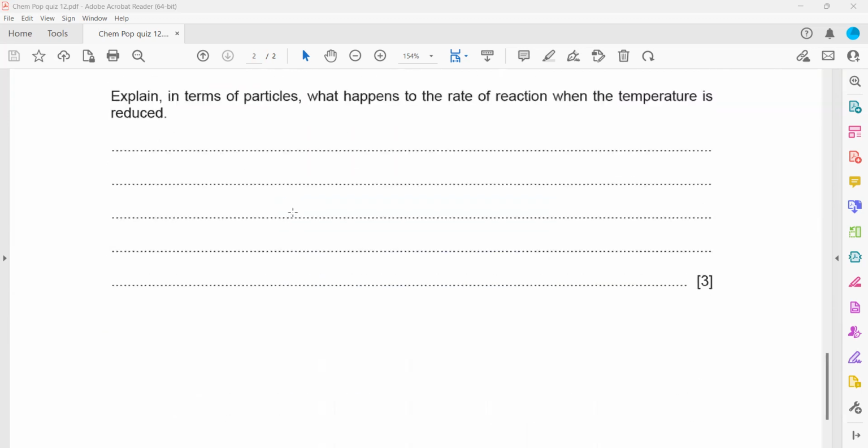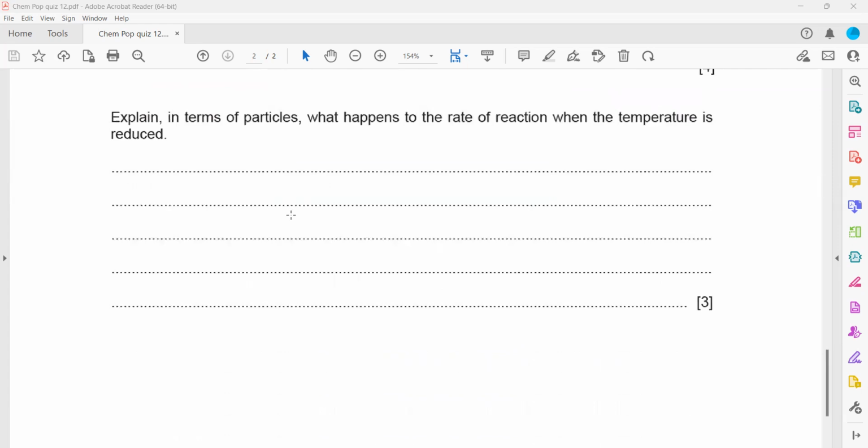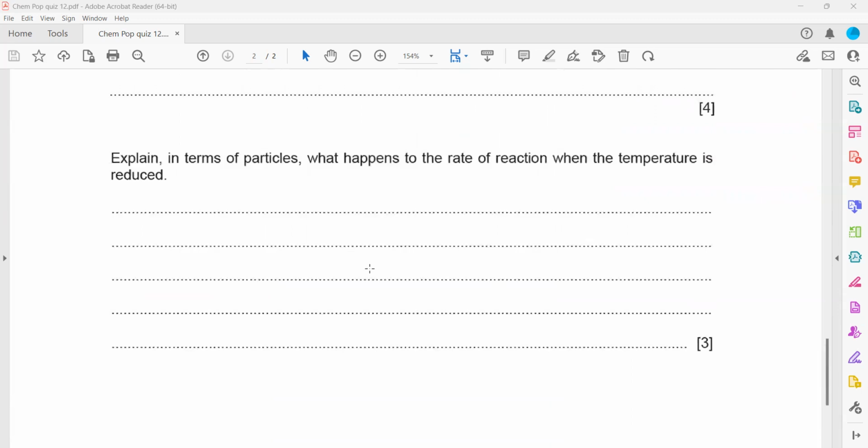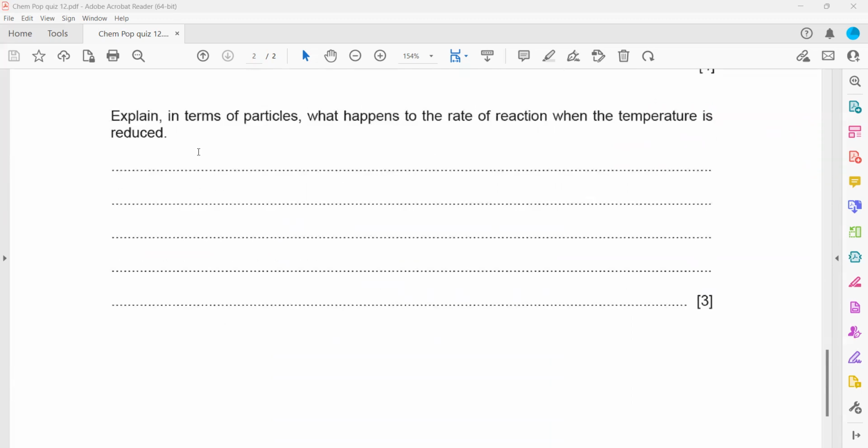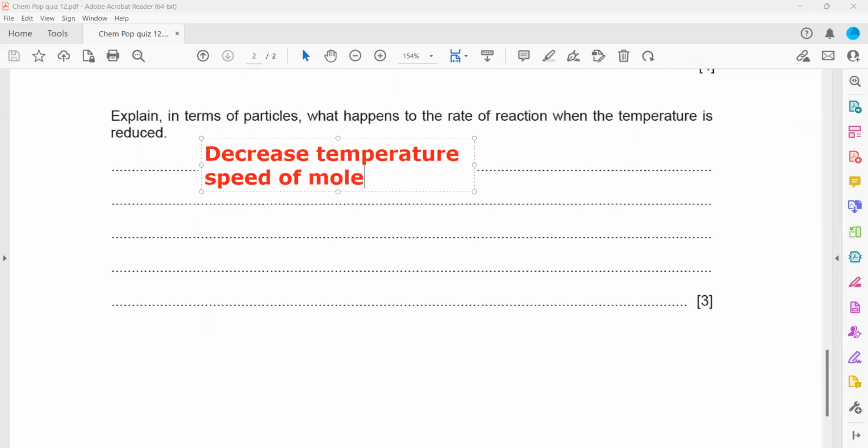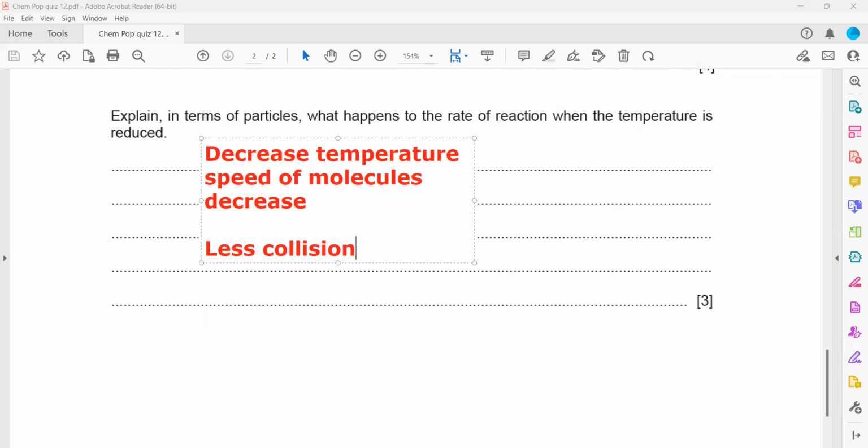Explain in terms of particles what happens to the rate of a chemical reaction when the temperature is reduced. So this is related to the rate or speed of a chemical reaction. So what will happen when we decrease the temperature? The speed of the molecules decreases. And when the speed of the molecules decreases, what will happen? They will move slower. So they will have fewer collisions. And we'll have a smaller proportion of the particles